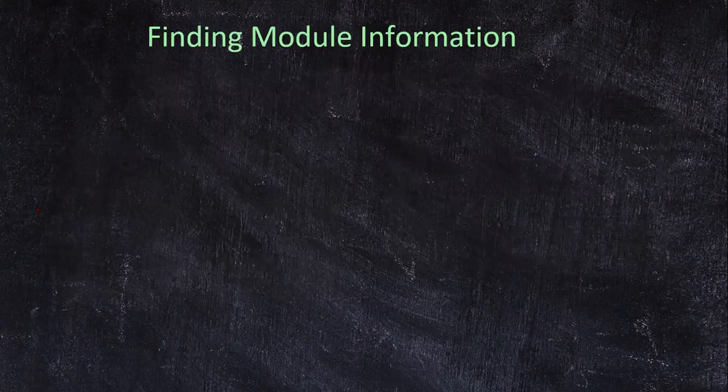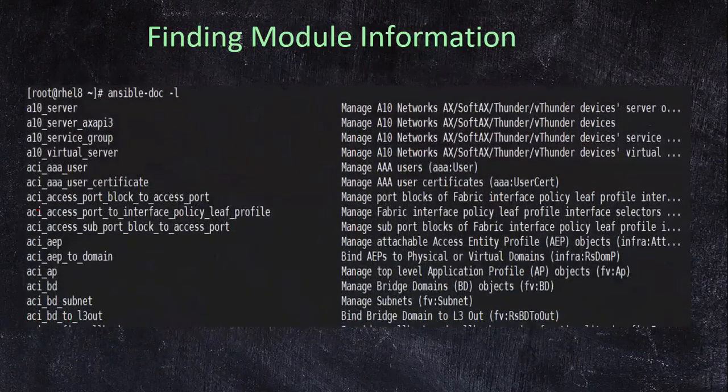Now, we know that the main intelligence of our Ansible playbook or Ansible code is behind the modules. We make use of different modules to achieve different tasks. Now, the question is, how do I find out a specific module? How many modules are there? Which module can I use for what purpose? Do I every time have to go to the Ansible documentation and look for the details? The answer is no. Ansible provides you with a command itself to find out a specific module.